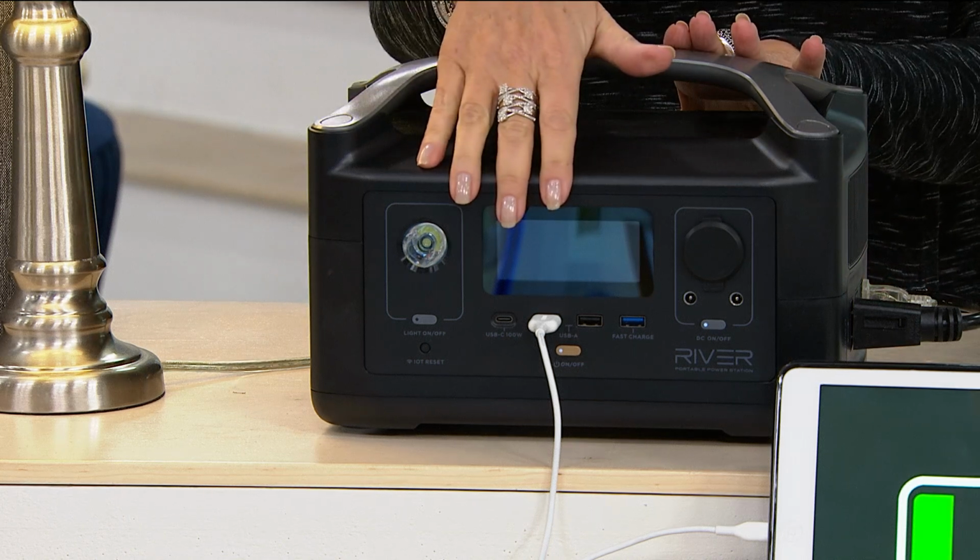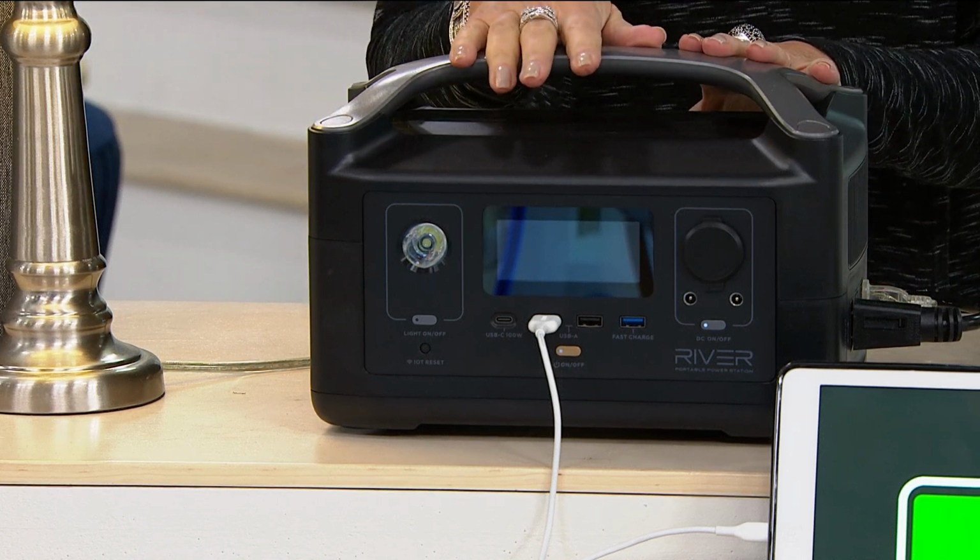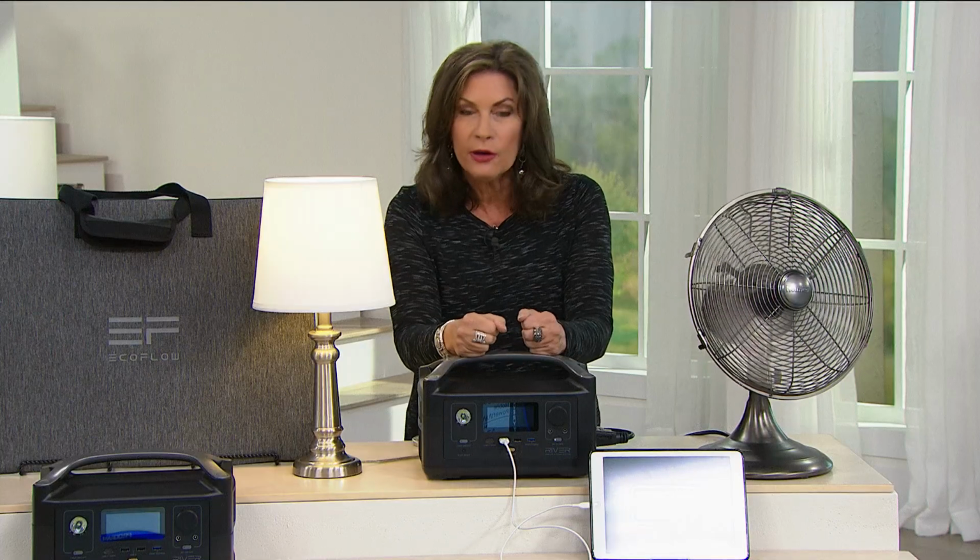Small container. And not only that, at a small price. This is what we call our Ecoflow River. This is the 600 model. It is a brand new model. And I say it's a brand new model because we sell some of the Eco Rivers at twice this price,